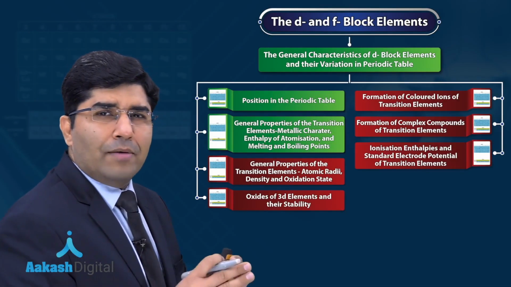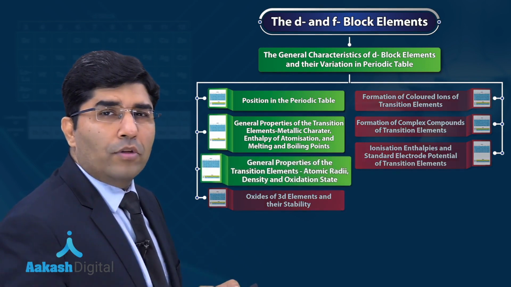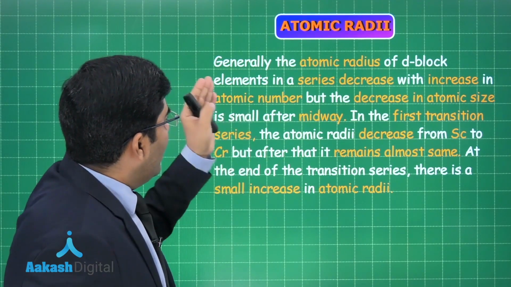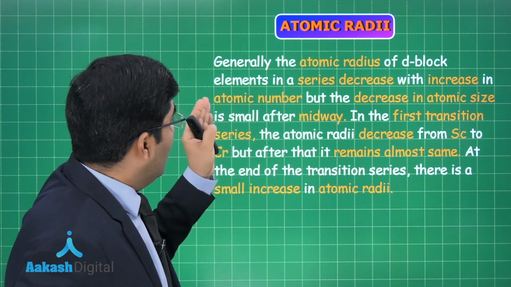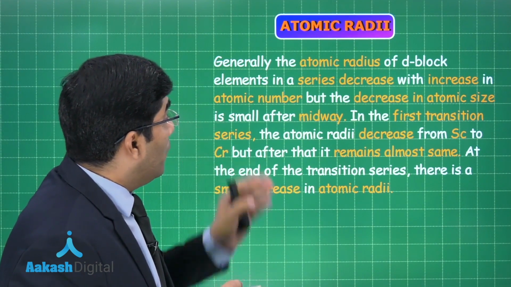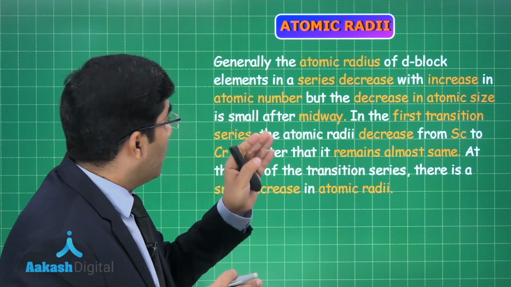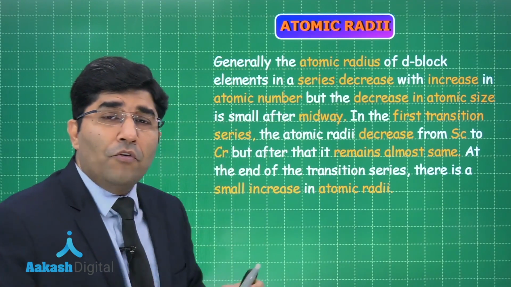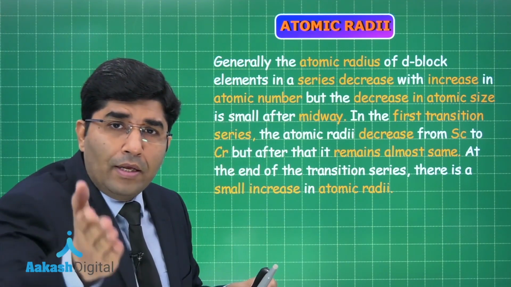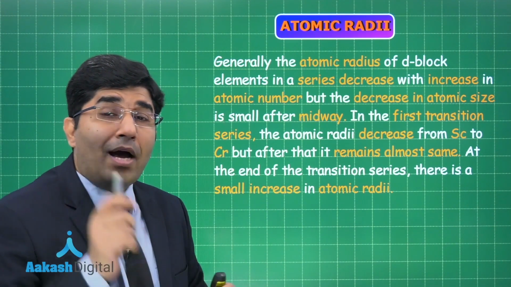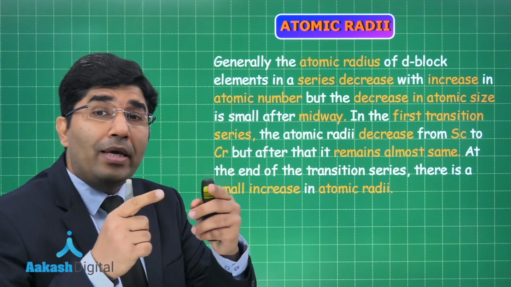So now after discussing the melting point, let's talk about the atomic radius. Now atomic radii. Generally the atomic radius of the d block elements in the series decreases with the increase in the atomic number, but the decrease in the atomic size is small after the midway. Means first it will decrease rapidly, then there will be less decrease, but after that there will be an increase in